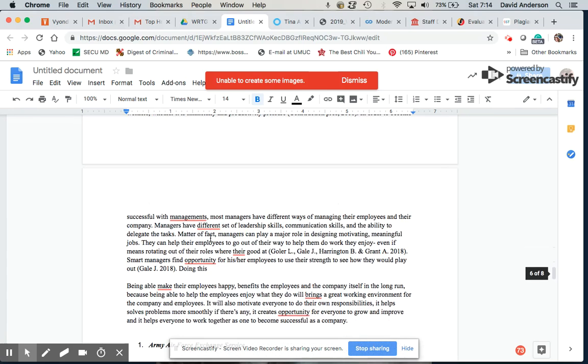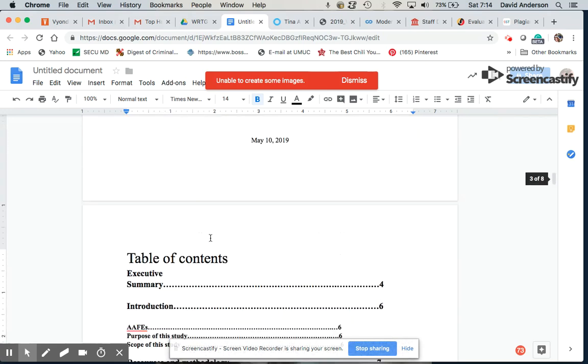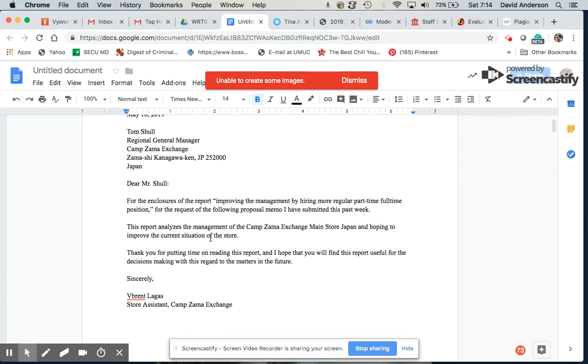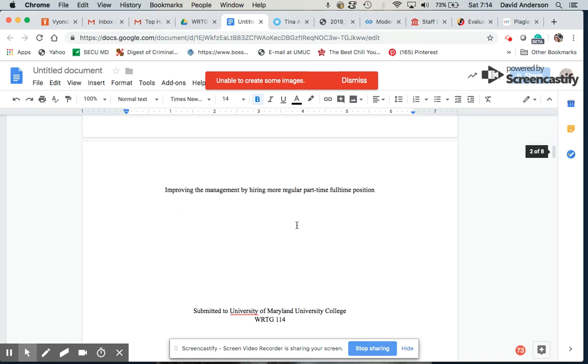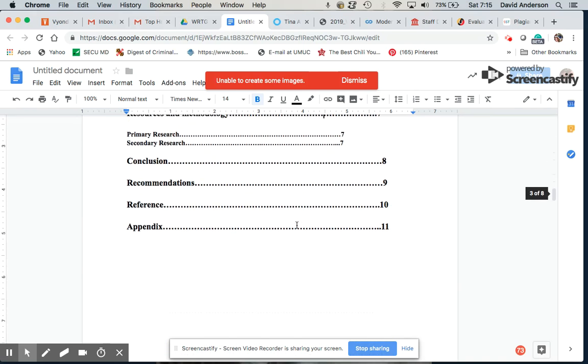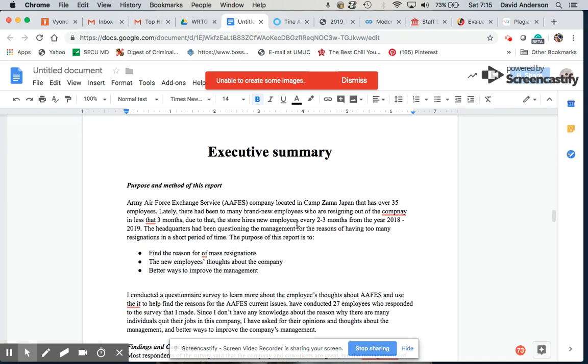You'll be able to upload this if you'd like. One of the things that I pointed out in your letter of transmittal is this lack of a complete sentence, and that's kind of a theme running through your paper. So what I recommend you do is go back through, comb through, and read it. Have someone else read it for you. You want to write clear, concrete, and concise sentences. Use short, simple sentence structures because that will help you to identify when you have a complete sentence and when